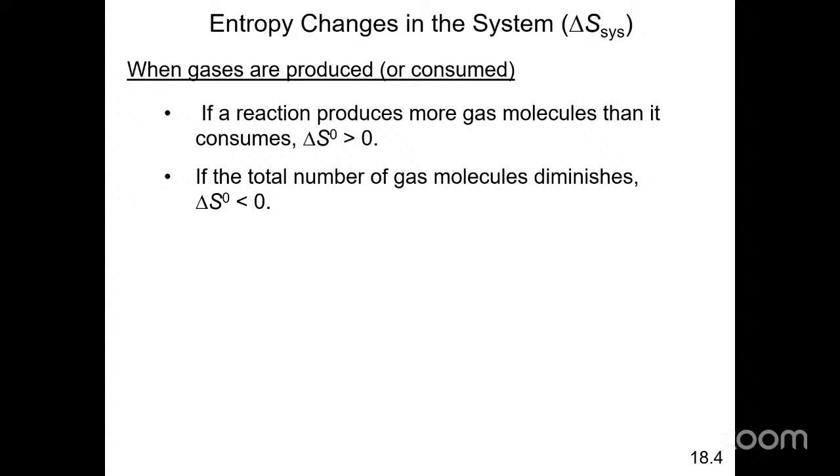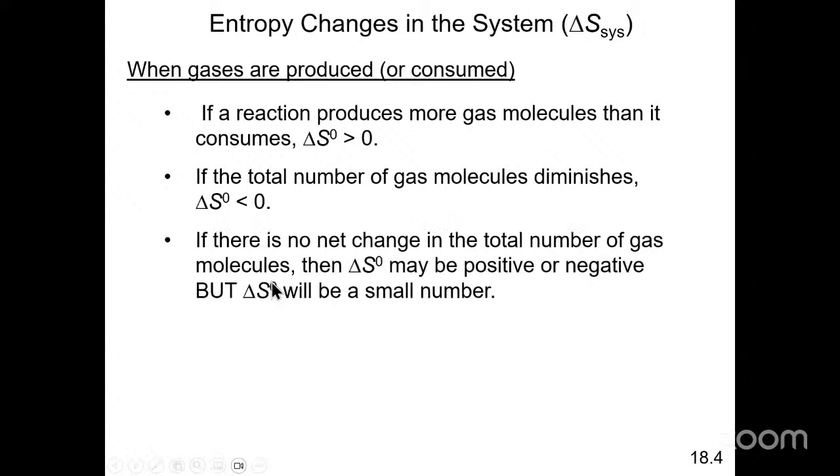If the number of moles of gas on the reactant side is greater than that on the product side, that means that delta S would be negative, right? If there's no net change, right? So for example, if you have this reaction here,